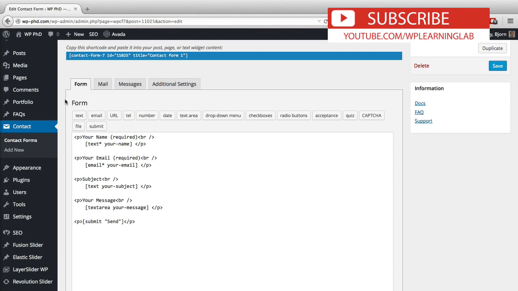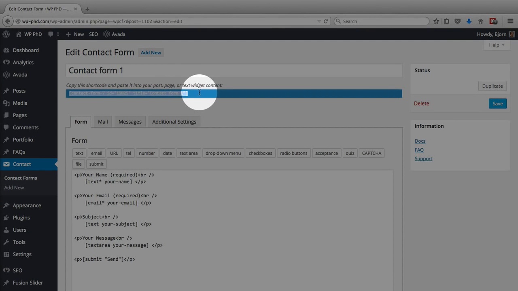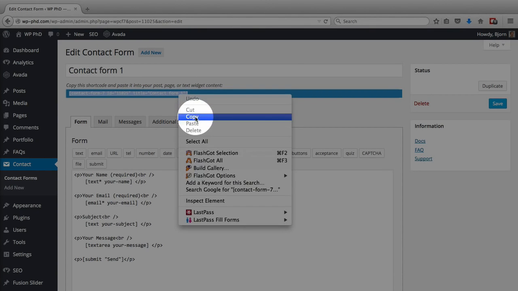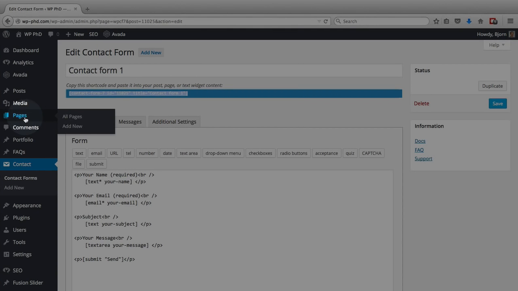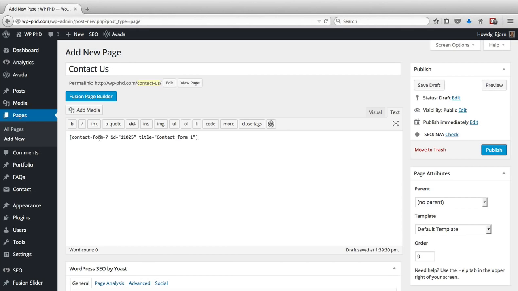So what I'm going to do with this form is to show you how to integrate that onto a page. And what you want to do is copy this short code, highlight it, copy it, add a new page by hovering over pages and clicking Add New. We will call this page Contact Us, and we will paste that short code right into the page and click